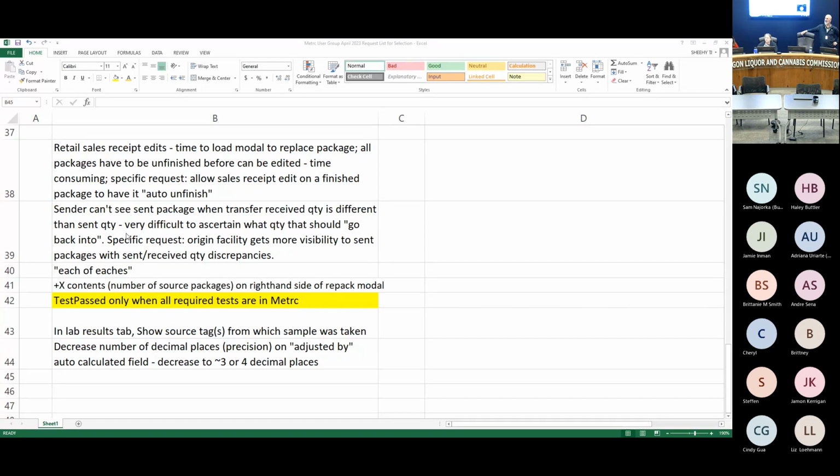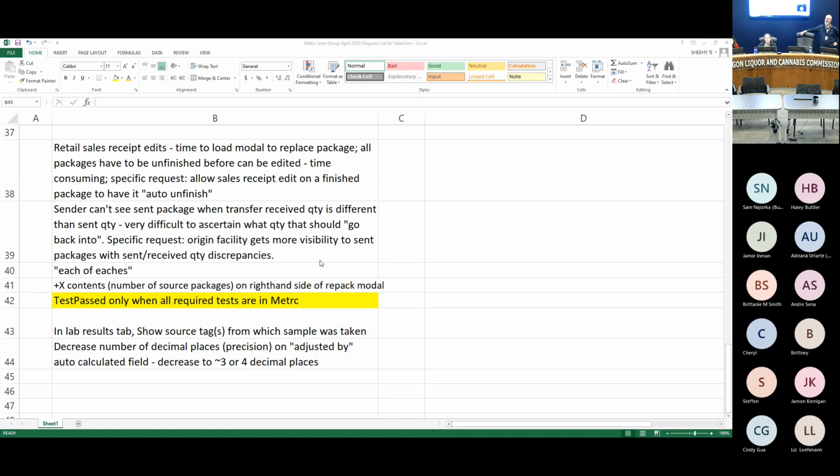It's tricky though, because number one, it's not tied to logic. It's going to be test passed even if only one of the things was tested for. Second, we would configure it as usable requires, you know, XYZ thing, like requires microbiologicals, heavy metals, those sorts of things. But there's going to be grandfathered stuff that doesn't have to be tested for that, and it's going to show as not having been tested for that. And retailers or whoever will still have to know, based on the label, based on Metrc, when was it harvested? Was that something that had to have been tested for? So that is something we're trying to figure out the best way to implement,